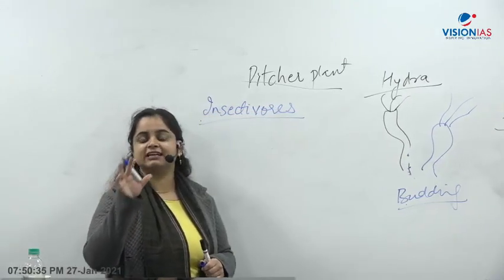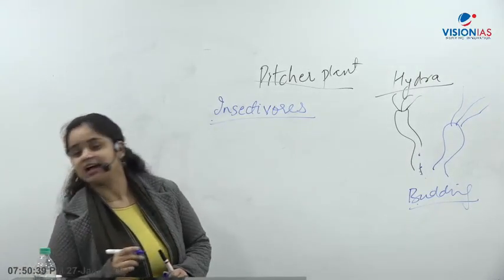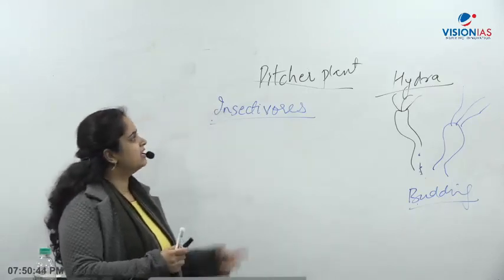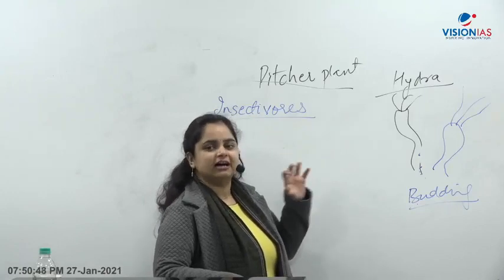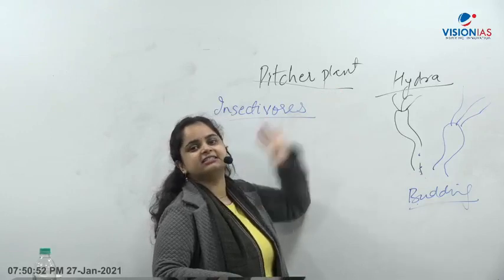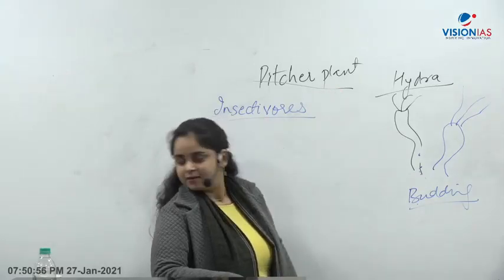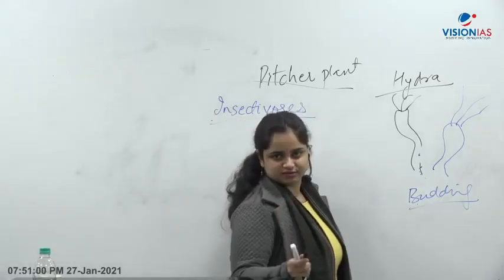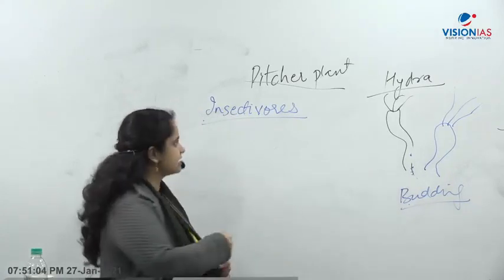Insectivores or insectivorous plants. Now the term which Purvi has used is hunting. She's used the word hunting, that pitcher plant hunts. It is not exactly hunting, but what we can say is this plant can eat insects. But that does not mean that it is not doing photosynthesis. It is doing photosynthesis, it is making its own food,